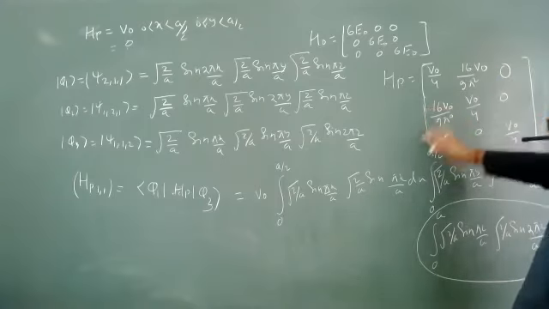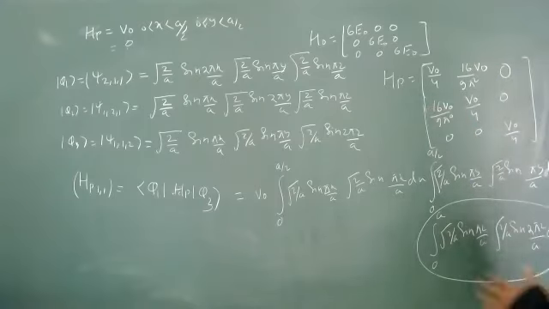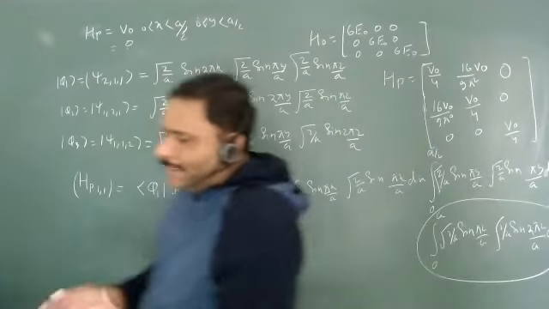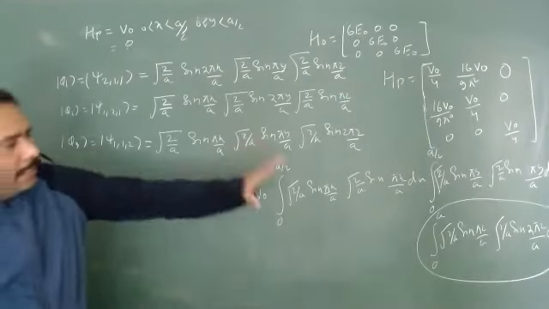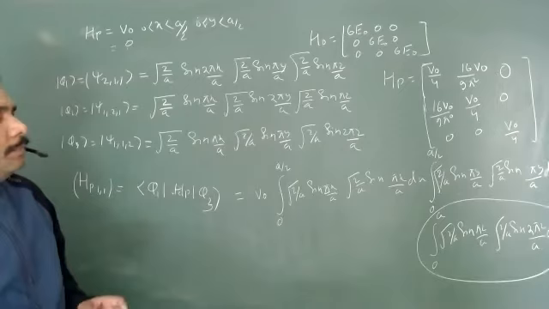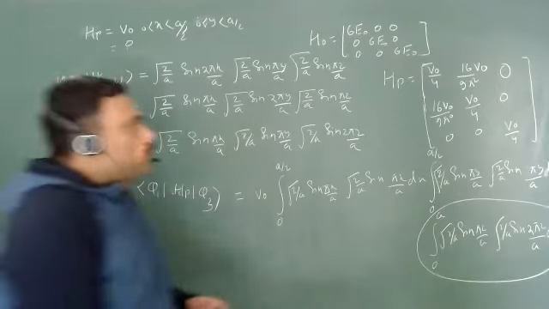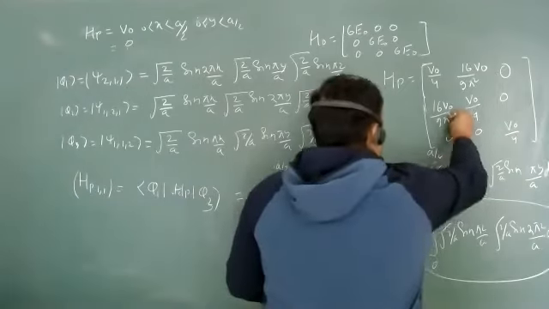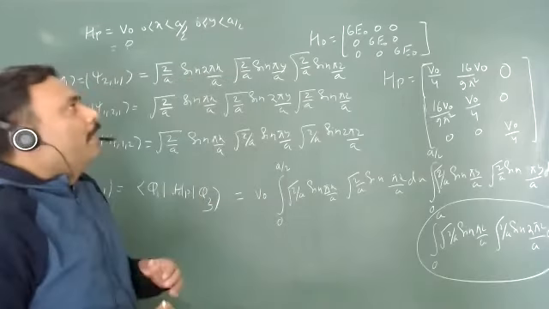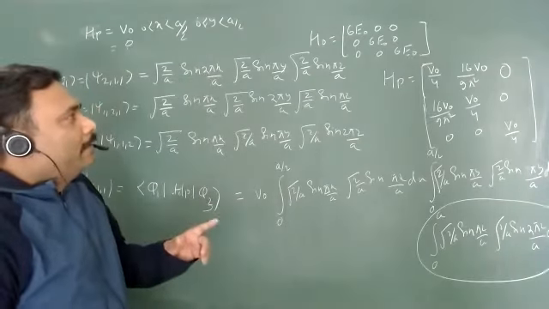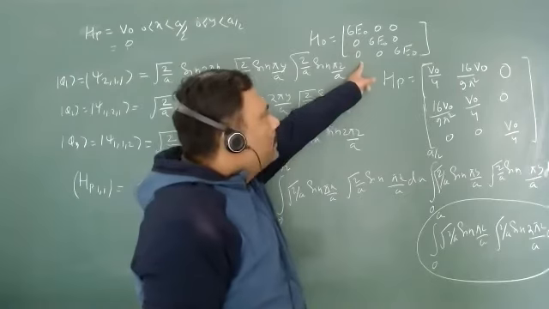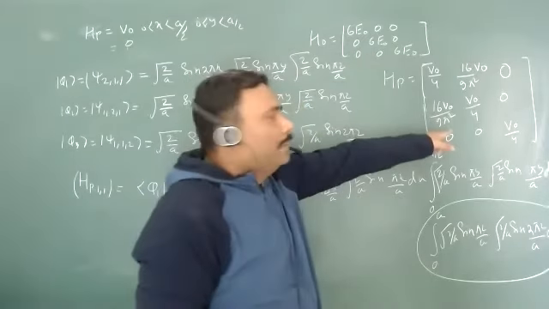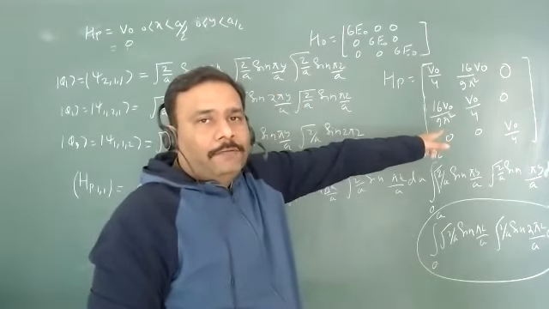So now you can easily calculate this. There is not any problem. And we are not doing any integration actually. We are just using the symmetry and writing this particular HP. So this is 16 pi square actually. So this is your HP matrix. Now look at here. This is diagonalized, but this is not diagonalized. Are you getting my point?